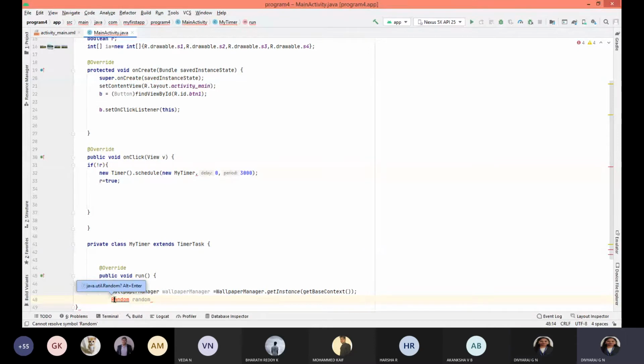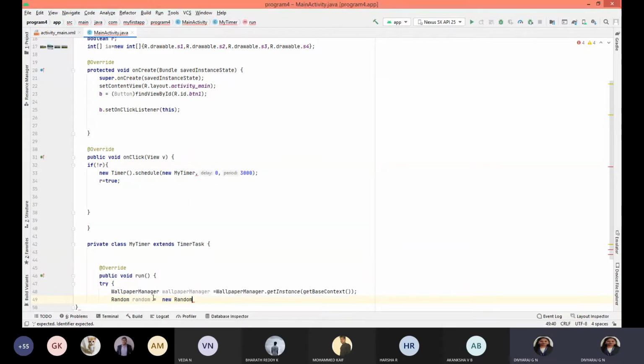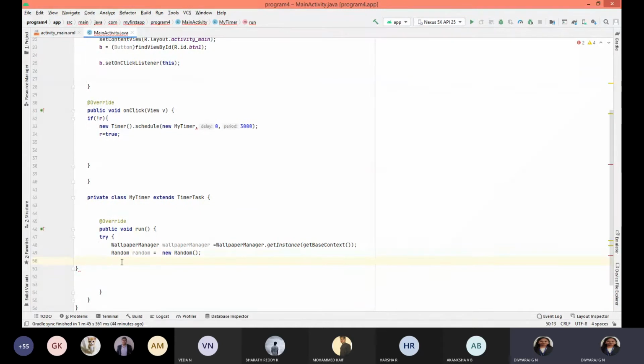Random is equal to new Random, let me give a space, Random, then open and close. Yes. So now I'll just integrate the first and second statements. That is, randomly I'll call the wallpapers. So this is for randomly taking the images, and we have initialized it. Now, the next step is